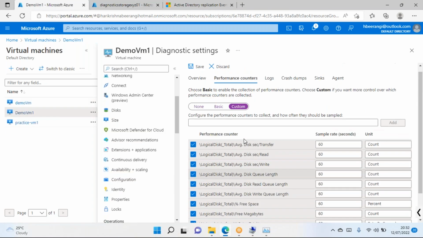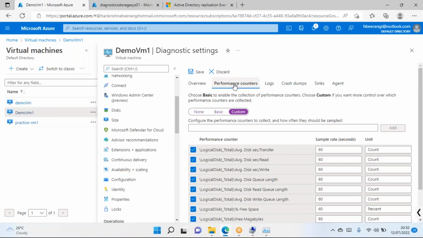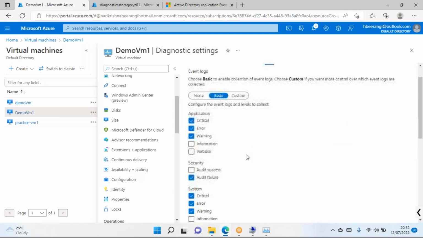Now let's go to logs. Performance is done. Logs. Even in logs, you have got critical logs, error logs, warning logs, information, verbose. Again, there are categories: application level, security,